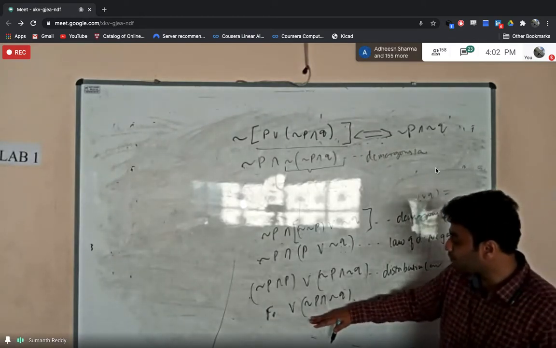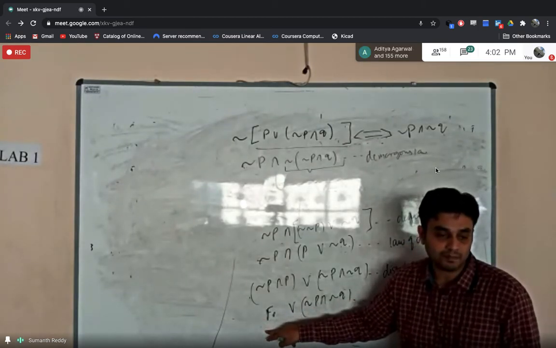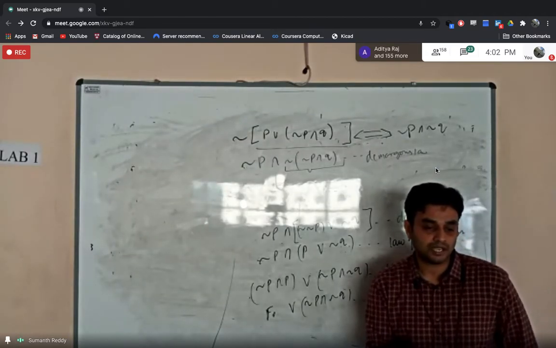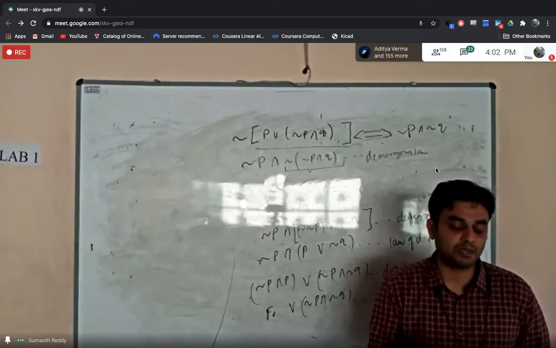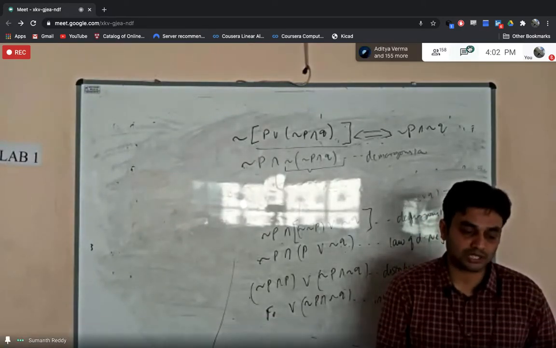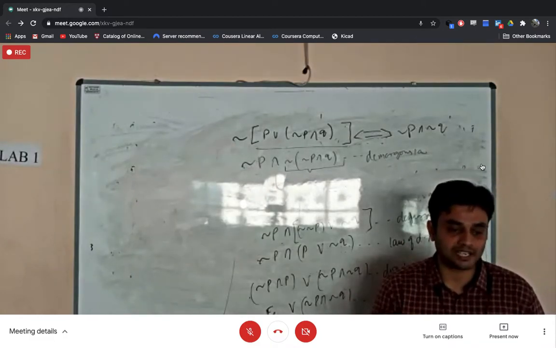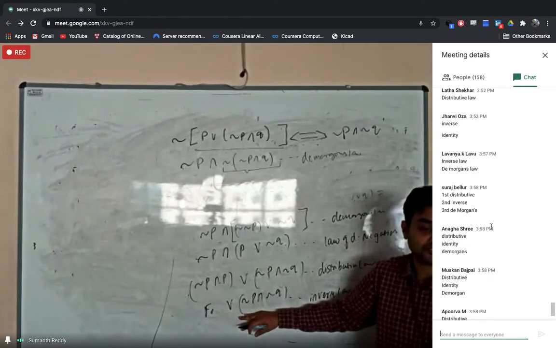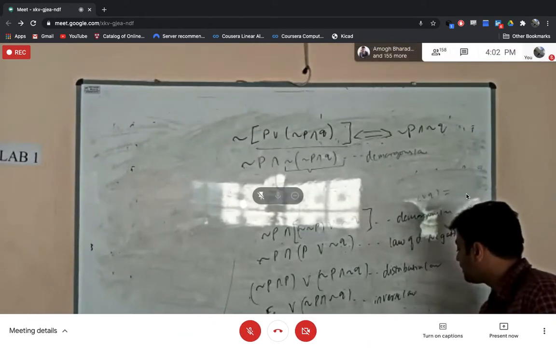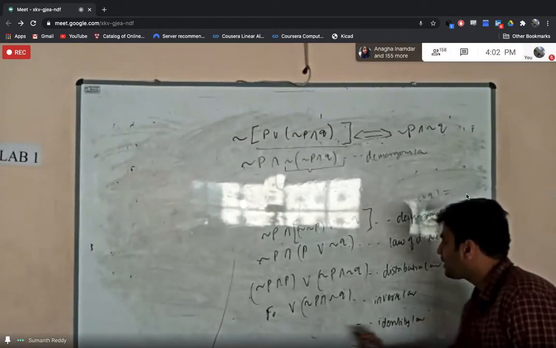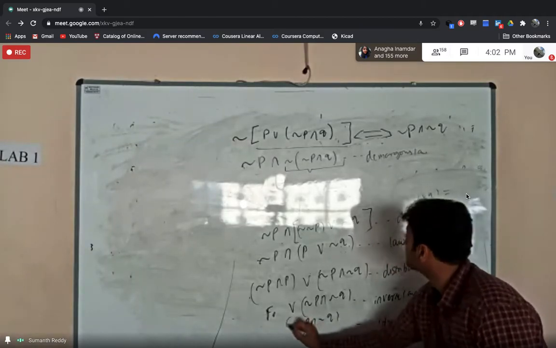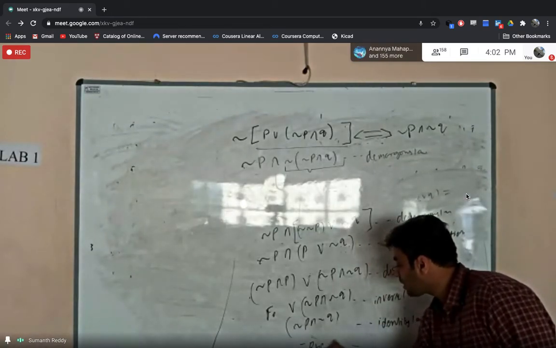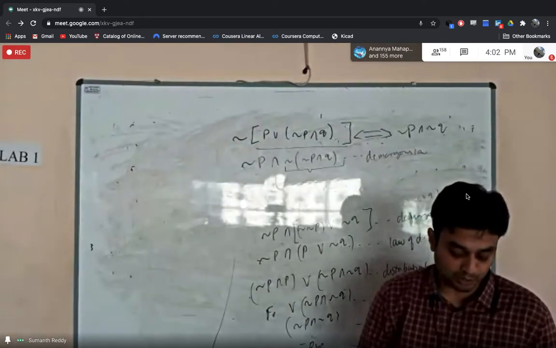right? And any proposition, if you perform the disjunction with contradiction, what will happen? You will get back the same proposition. That is by which law? That is by identity law. Okay. So initially for the first few problems, always keep looking at the list of laws that you have. Okay. So that will help you a lot. Once you memorize all the laws, then it will be easy for you. Fine. So any proposition, if you perform the disjunction with contradiction, you will get back the same proposition. That is by which law? Identity law. So from the identity law, you can write negation of P ampersand negation of Q is the answer. And now if you observe, that is the expected result. Okay. So just write that is equal to RHS, or you can just conclude like hence the result. Okay. So like that you just put one conclusion.